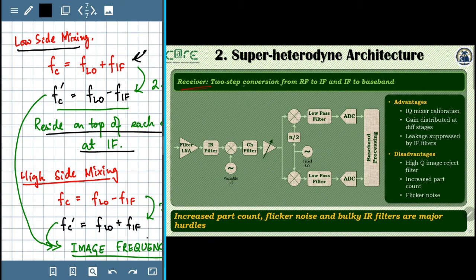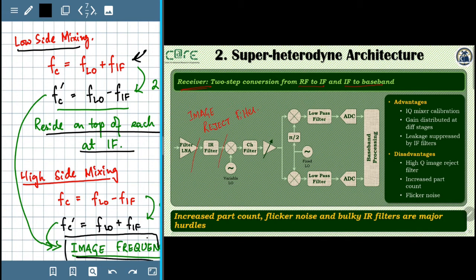We again see a converse operation, a 2-step conversion from RF to IF and then from IF to the baseband. There is similarly a filter and low noise amplifier at the first stage, followed by a filter, and this filter is written here as IR filter. This is basically the image reject filter, and we had a discussion earlier on, in fact being shown here, the issue of image frequency arises